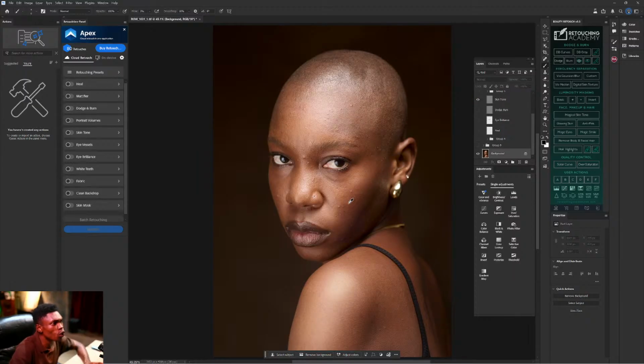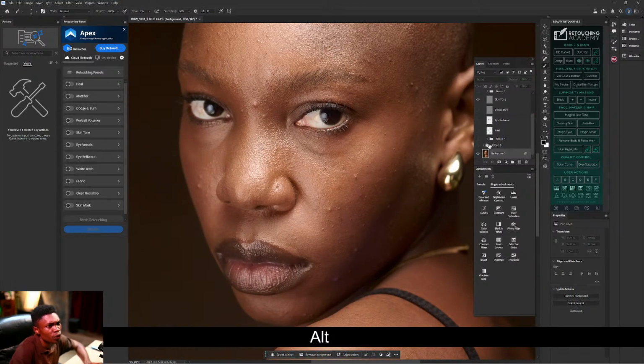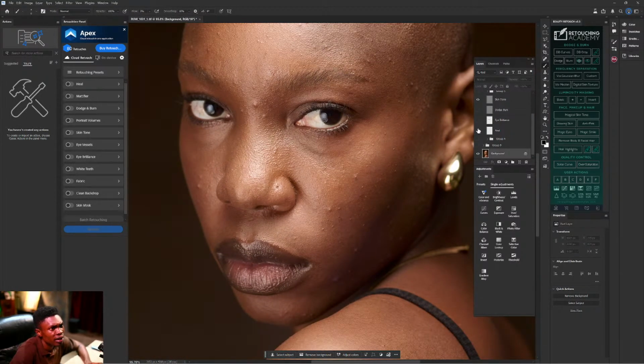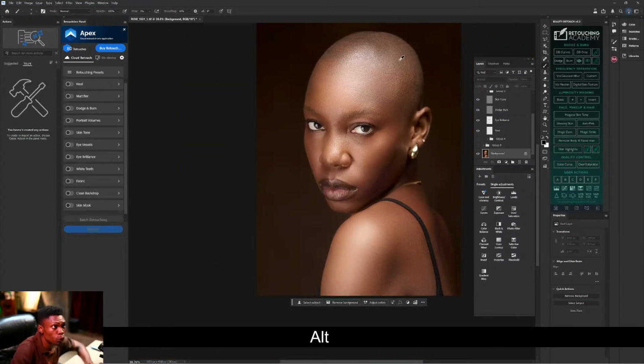If you look closely, let me activate all of these things. If I disable the skin tone, if you look closely, you will see how it balances the skin. It makes the skin even. That is the advantage of skin tone. This one is if you retouch or do beauty retouching.